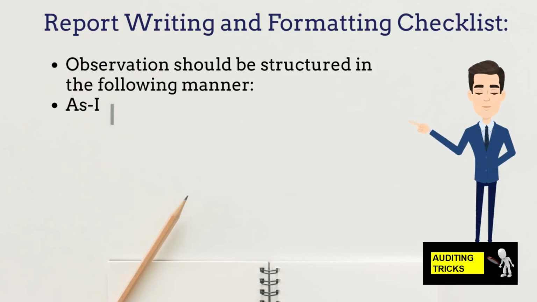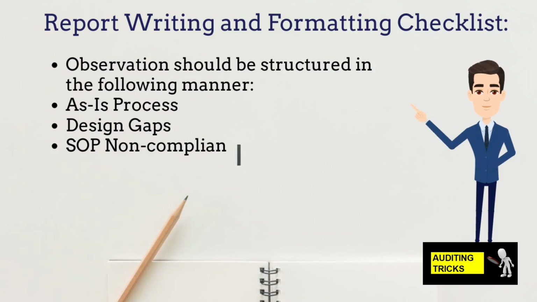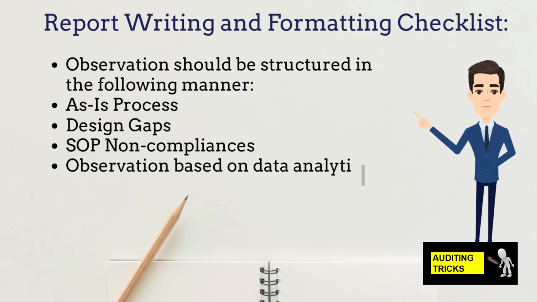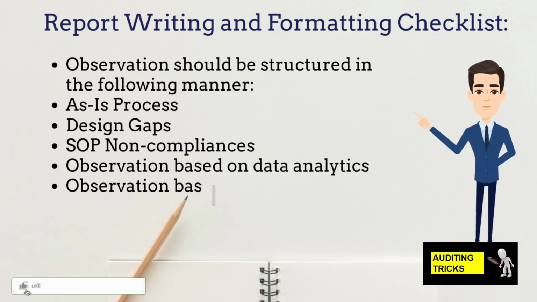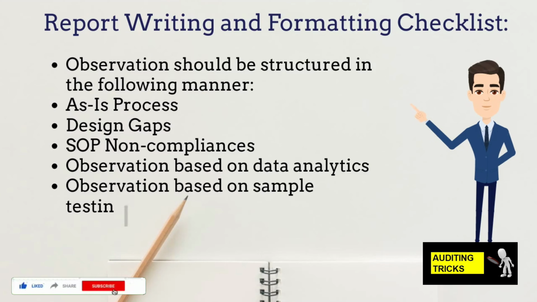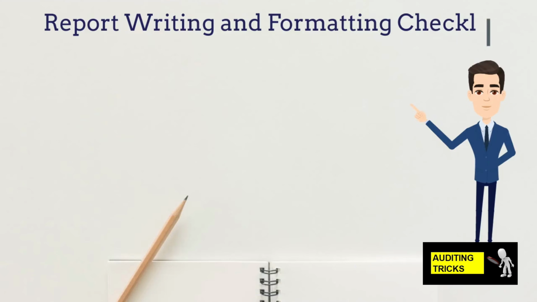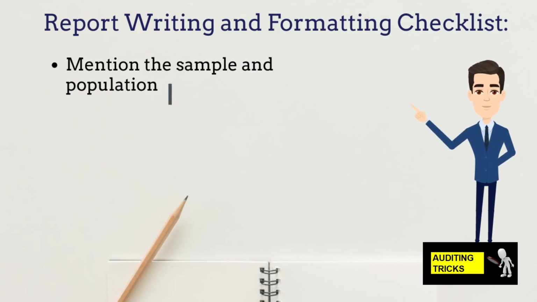You can mention who does what, when, where, why, how, etc. Then design gaps in the current process, SOP, non-compliances, observations based on data analytics, observations based on sample testing or substantive testing basis analytics. You must mention the sample and population in the observation. For example, in 7 out of 30 samples reviewed by the audit,